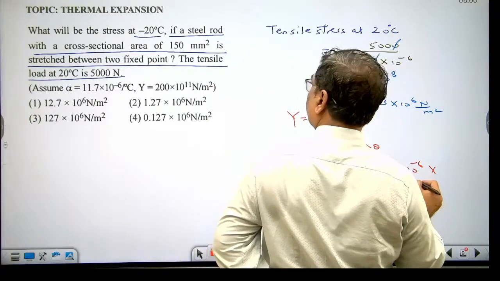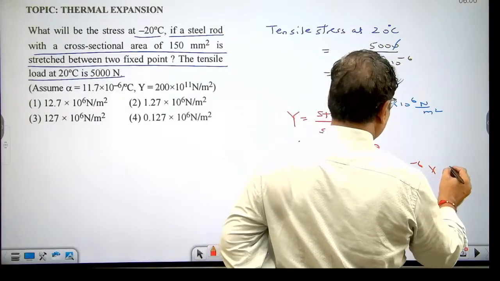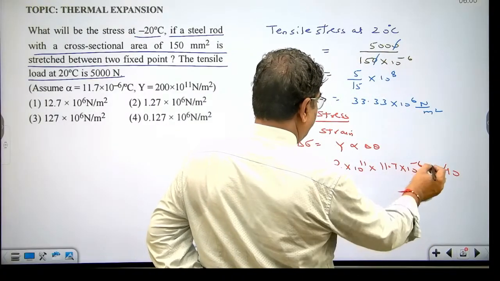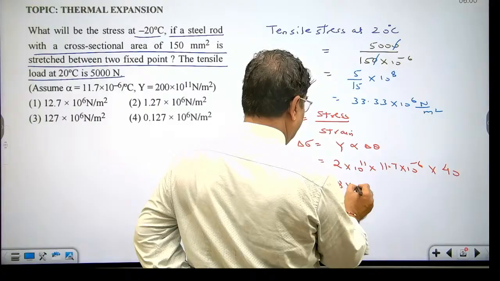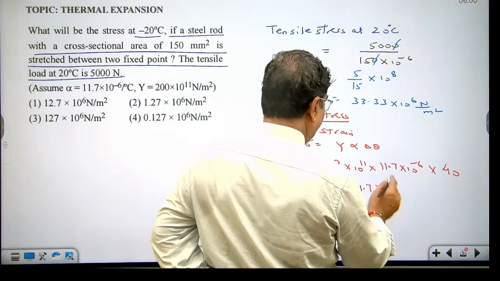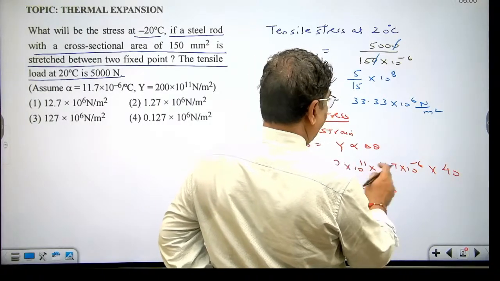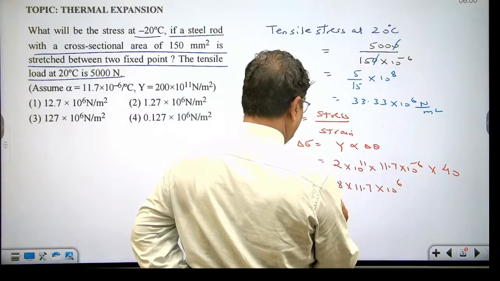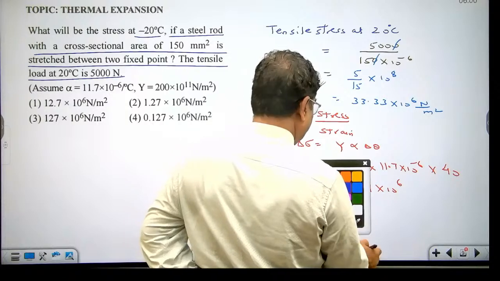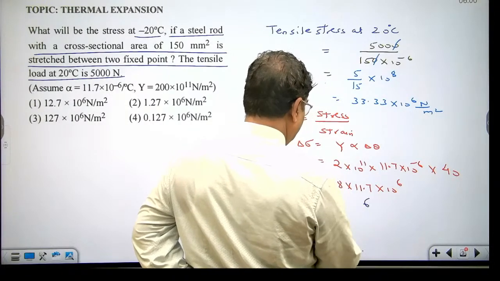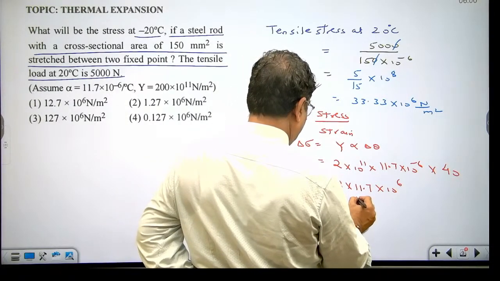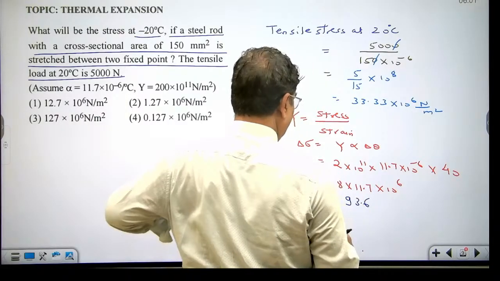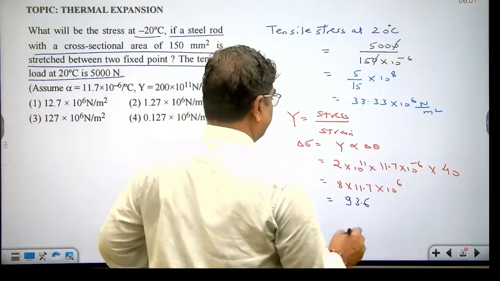And change in temperature, we have to take modulus, that is 20 minus minus 20, so 40 degrees centigrade. After solving this, we get 2 into 4, 8, 8 into 11.7 into 10 power 11, 12, this is 6. So this equation will give us 93.6 into 10 power 6